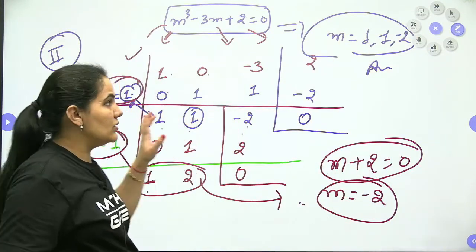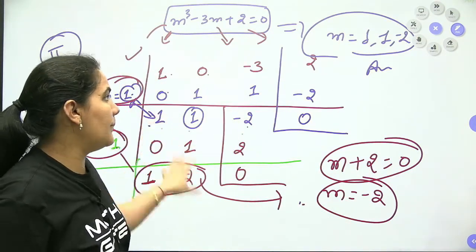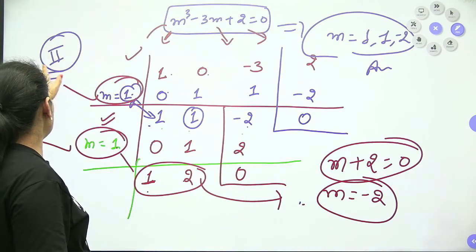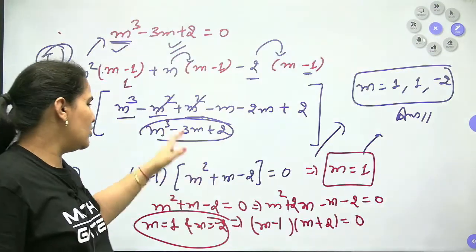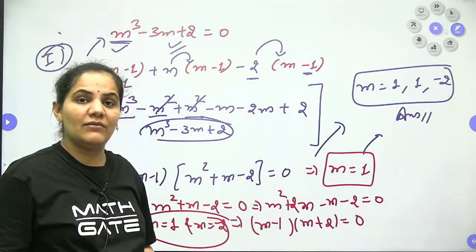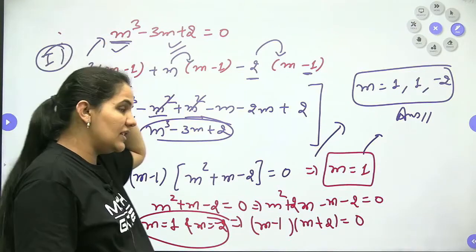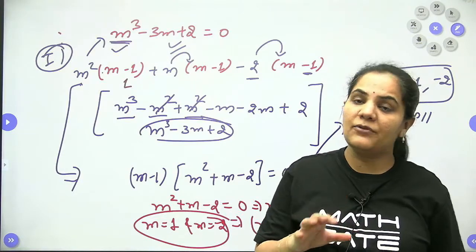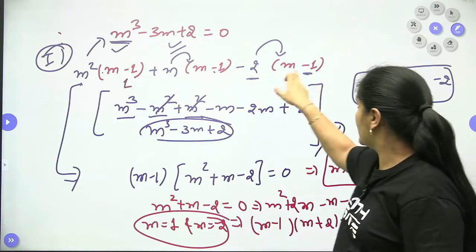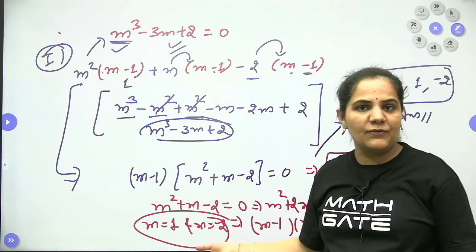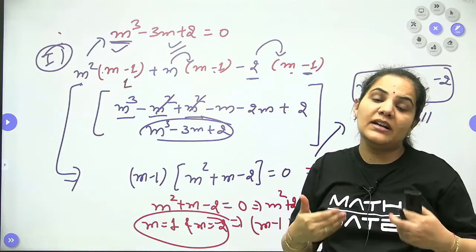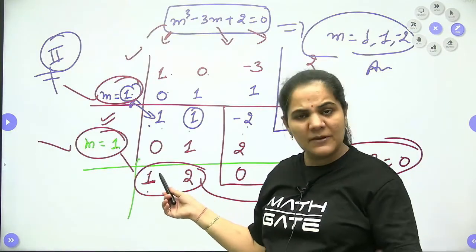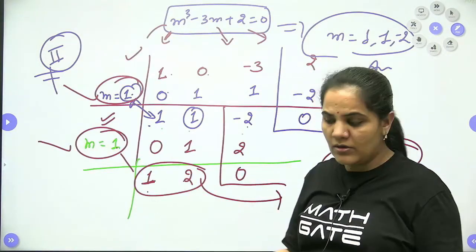Is it clear, guys? So this is the second method through which we can approach a higher order differential equation, and my suggestion will be this method only. You should go with this method, because the other method is not so convenient. Why? Because in this particular question we are having power 3. Suppose we are having power 5, then you have to do this process 1, 2, 3, 4, 5 times. So it will definitely be time taking, and it will create confusion. So that's why my suggestion is that you can go with this method only. I will show you more questions related to this method.